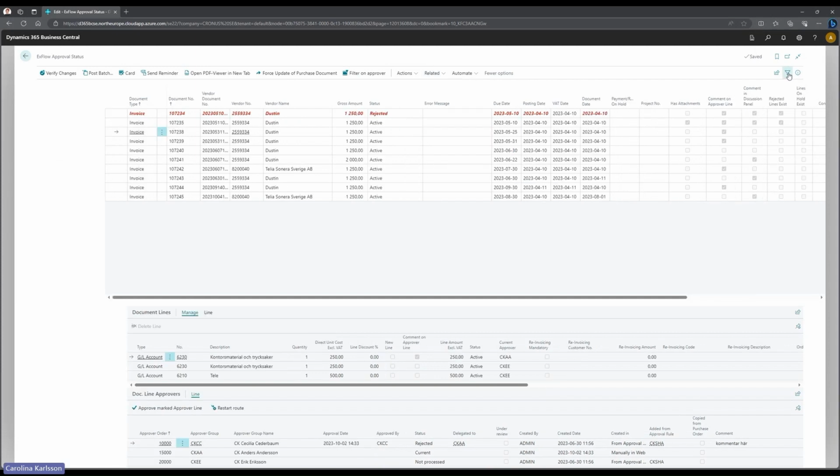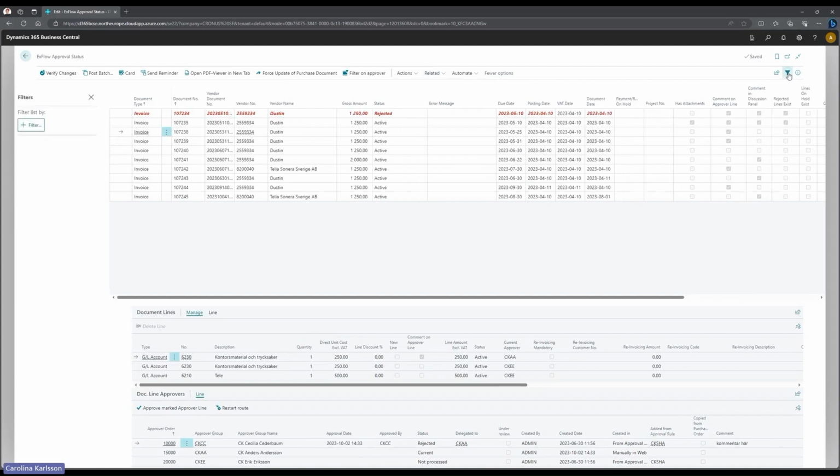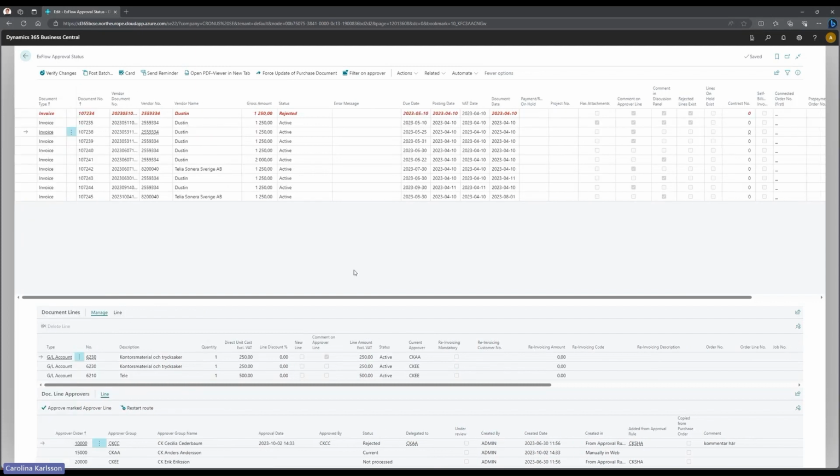Also out here, the function filter, very good to use. You can see, like, if you want to search for a vendor, maybe you want to search for a due date, maybe you want to see all the documents that you have a comment on approval line, for example. So this one is very handy. And then down here on document lines,